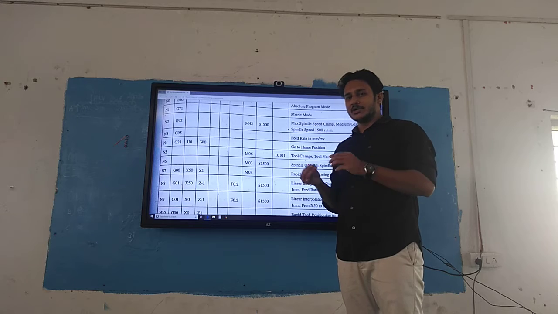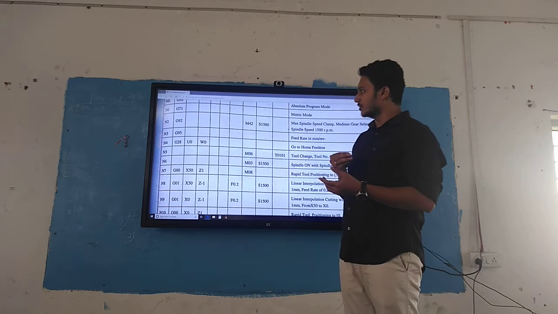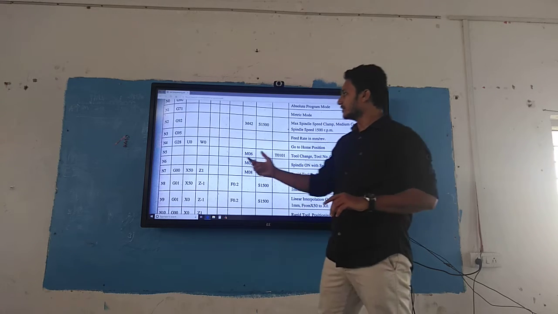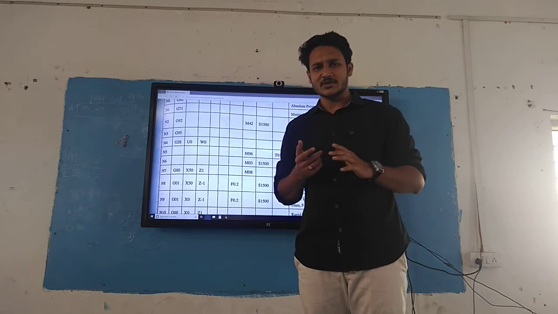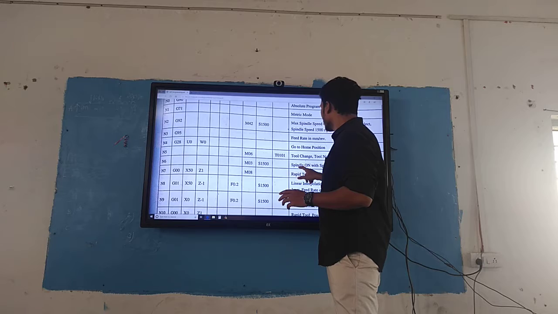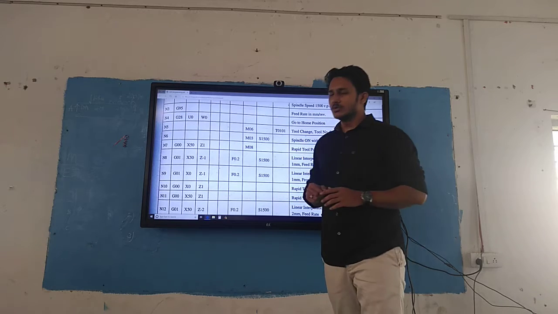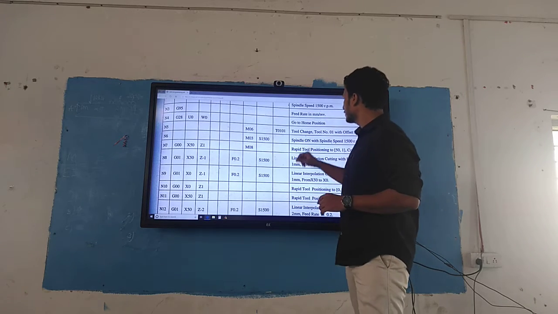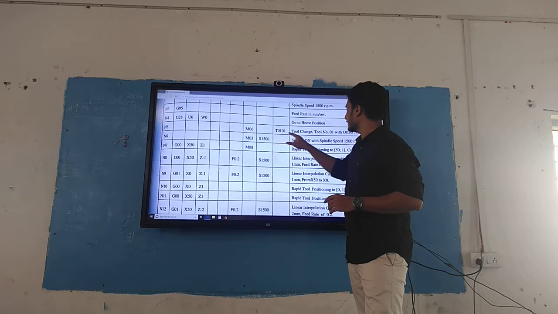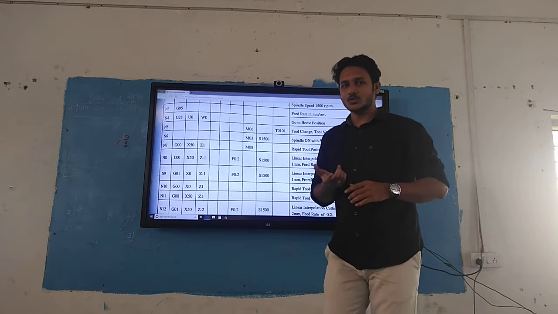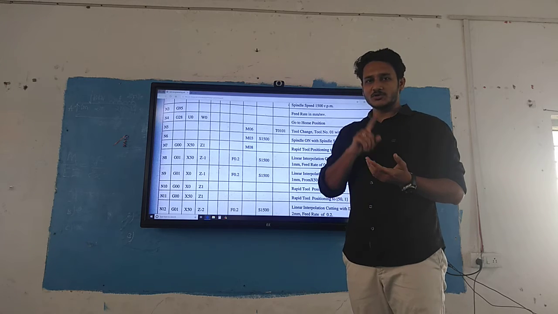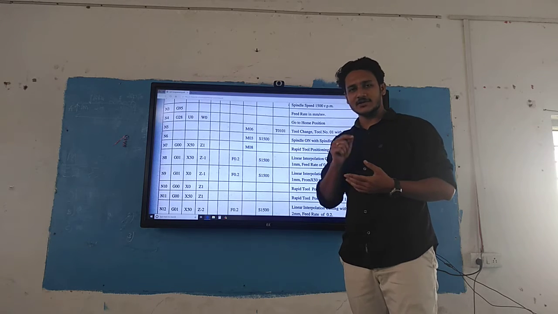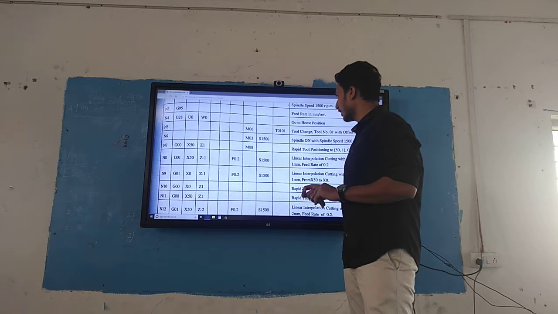So my tool should become from its home position. So I'm going to use G28 with its initial position U0, W0, or you can use X0, Y0. Okay. So now my tool position will start, that is tool change M06, and I am changing the tool, the facing operation tool at tool turret position 1, that is T01 and 01.